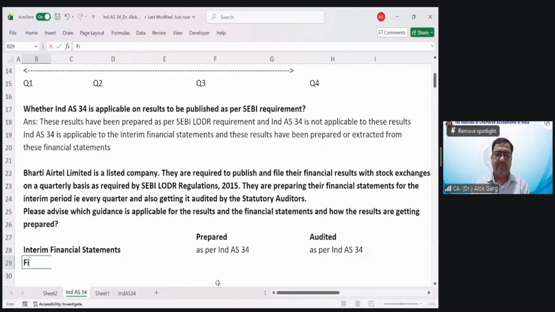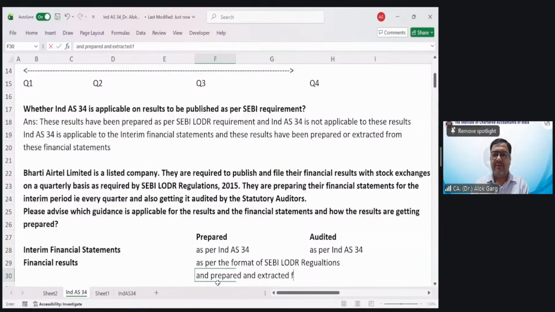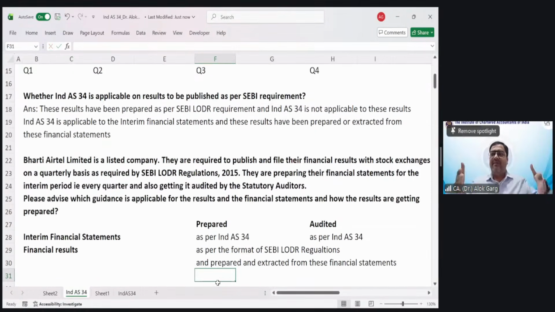financial results are finalized as per the format of SEBI LODR regulations, and prepared and extracted from these financial statements. ये P&L कहां से आया? वो पूरा जो आपने बनाया था ना फाइनेंशियल स्टेटमेंट, उसके पीएनएल को एक्सट्रैक्ट कर लिया।